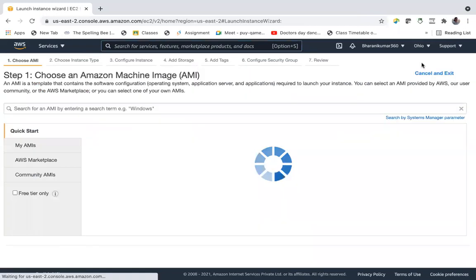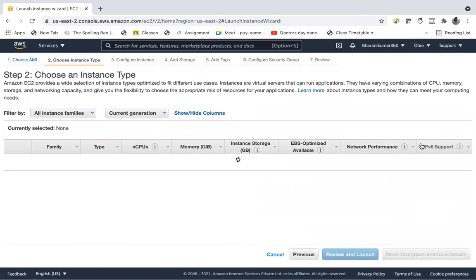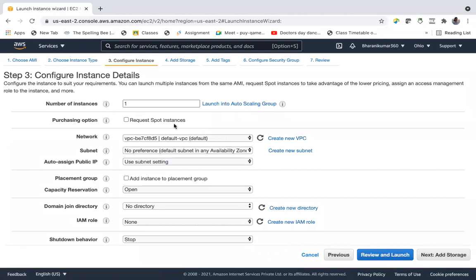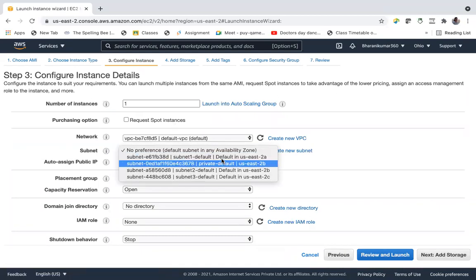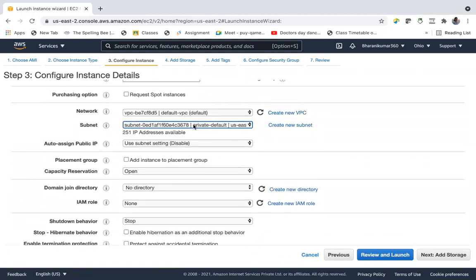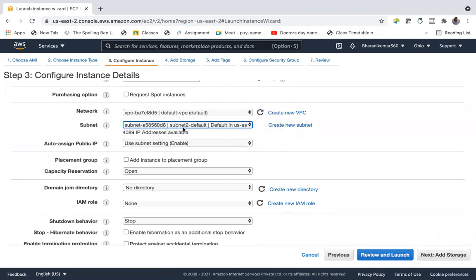Launch instance, select the default VPC, availability zone, let us choose 2A or 2B, go for 2B. First we'll launch the public one. So this is a default one, public one. And the subnet setting will automatically get an IP address, but still we will enable it.